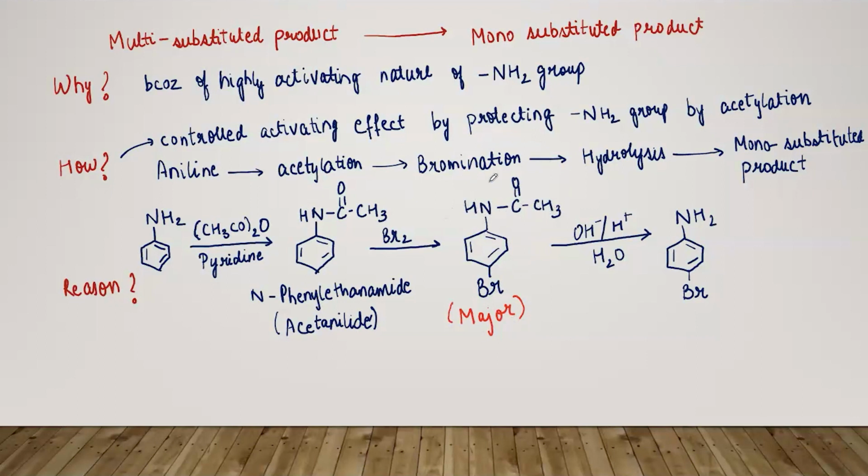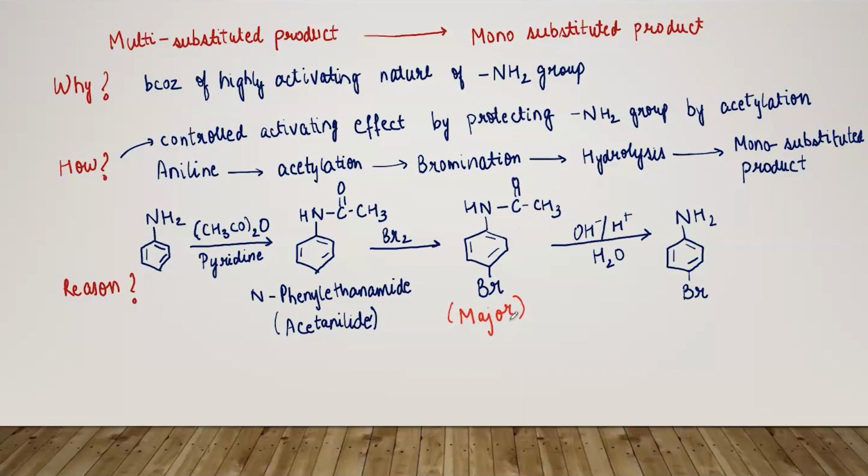ये compound जो amide group लगा हुआ है on this carbon atom, on the first carbon atom, that is a very big compound, and because of the big size of this functional group, there is a lot of steric hindrance to bromine atom. ठीक है, तो इस steric hindrance की वजह से this is a major product, and obviously in some minor amount ortho products will also be there, but जो भी होगा वो मोनो सब्स्टिट्यूशन में ही होगा।